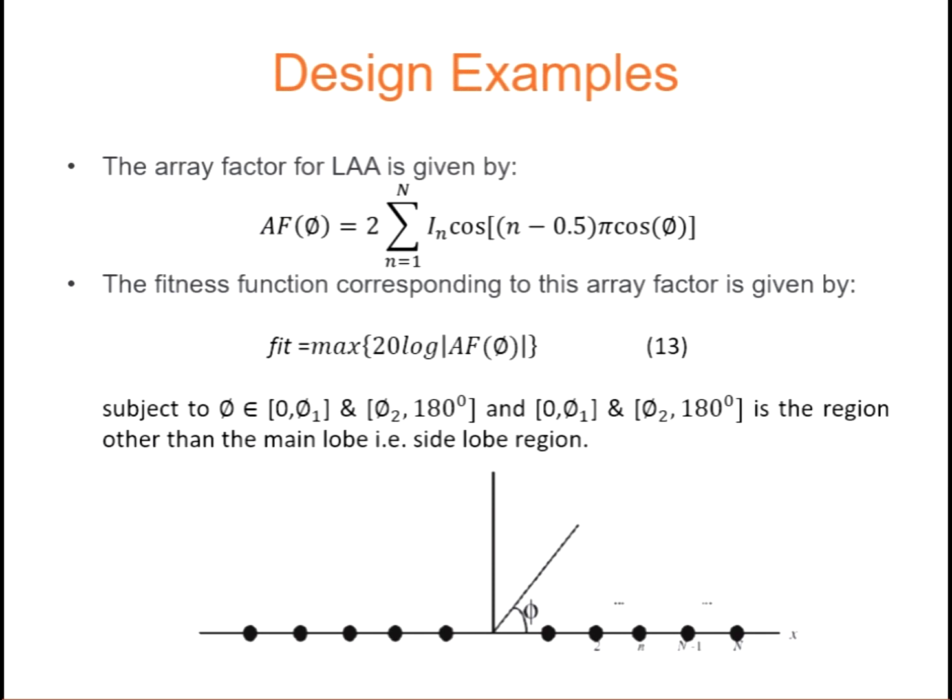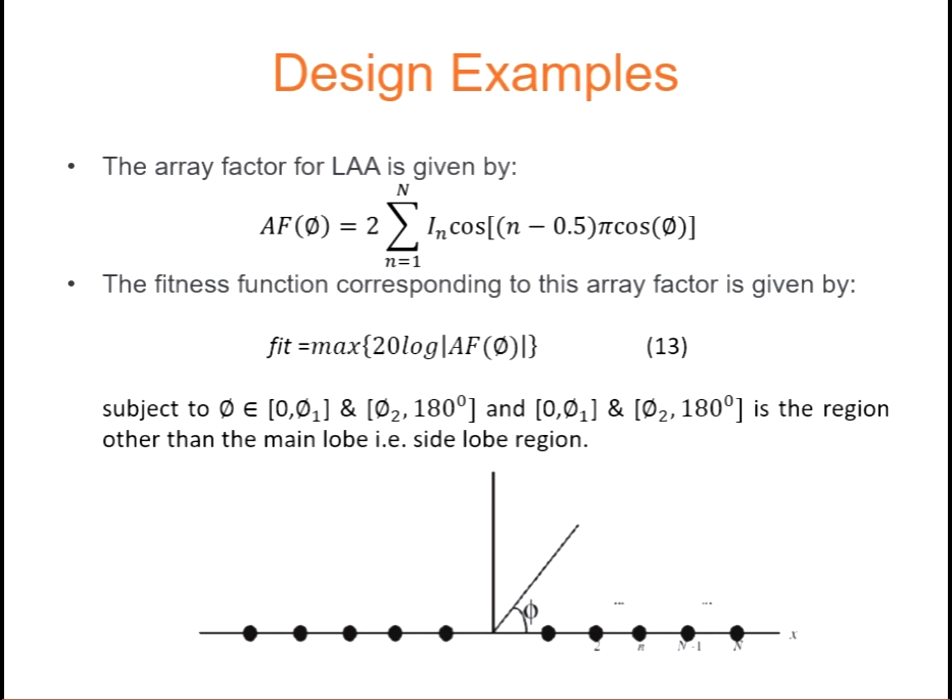Now the next section is the design example which I have been using in this paper. The design example consists of the linear antenna array design, which is shown in the figure below, and it consists of n number of antenna elements arranged in an array system. The array factor is given by equation number 12. I think this might be equation number 12, which I have not written here, sorry for that. And equation number 13 is the fitness function which I have used for evaluating the results.